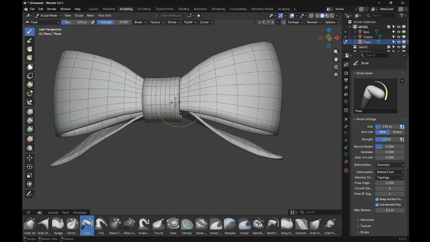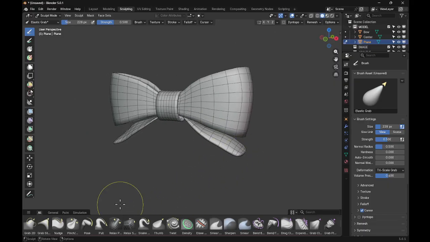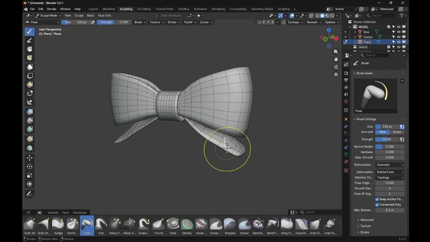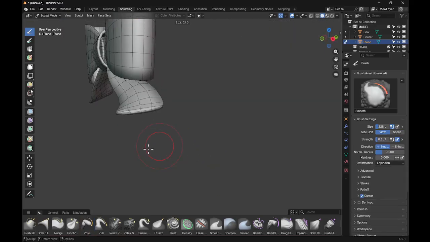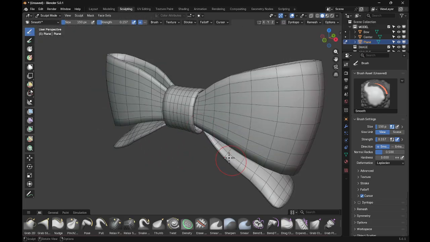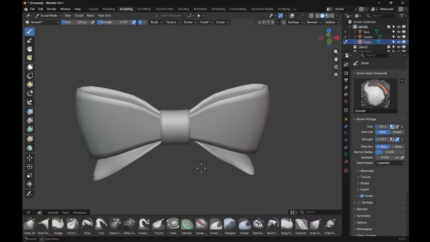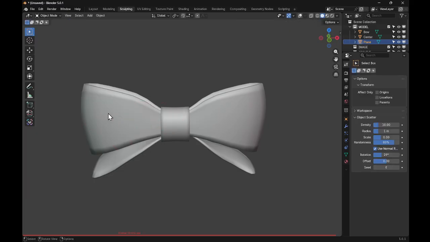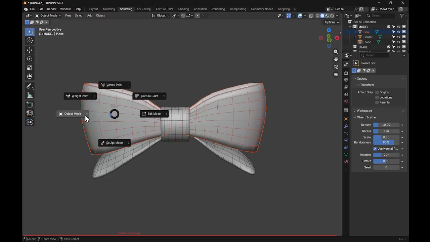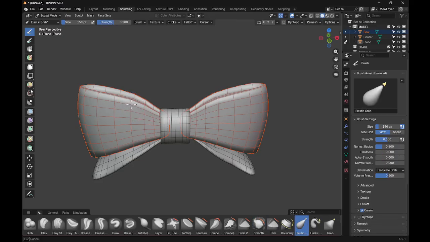Eventually I'm going to turn those off anyway because I don't want it to be absolutely identical. So back into pose. And there. Oops, that one there. And we can twist it up. And S for smooth. Shortcut for smooth, just smooth it out a little bit. Turn off my overlay so I can get a better look at what's happening. I'm going to go into object mode and select this part of the bow. Go back into sculpt mode and I'm using E for elastic